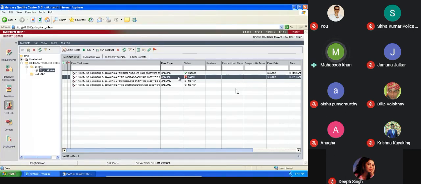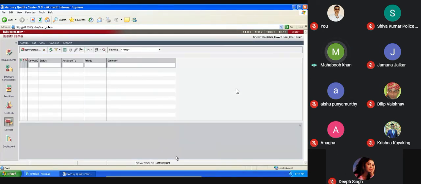Now once it is failed, what you need to do? You need to raise a defect. Correct. Once the expected is not matching with actual, once you failed the test case, you need to raise a defect. To raise a defect, there are 2 ways. Directly you can go to the defect and you can raise here by clicking new defect.